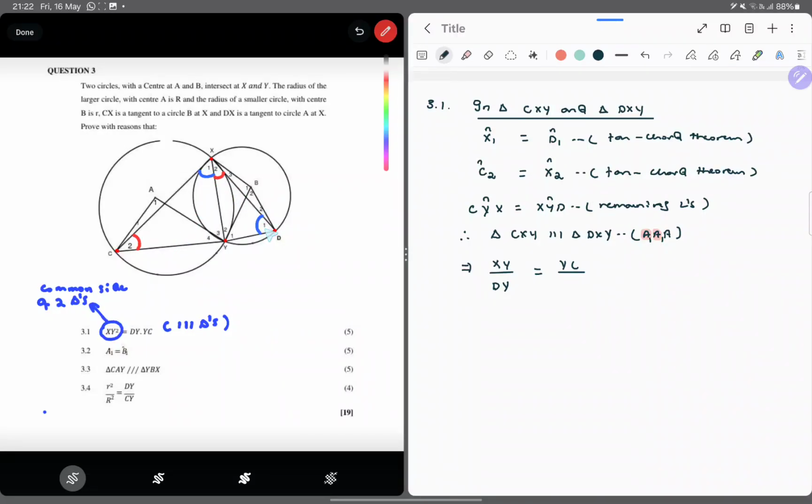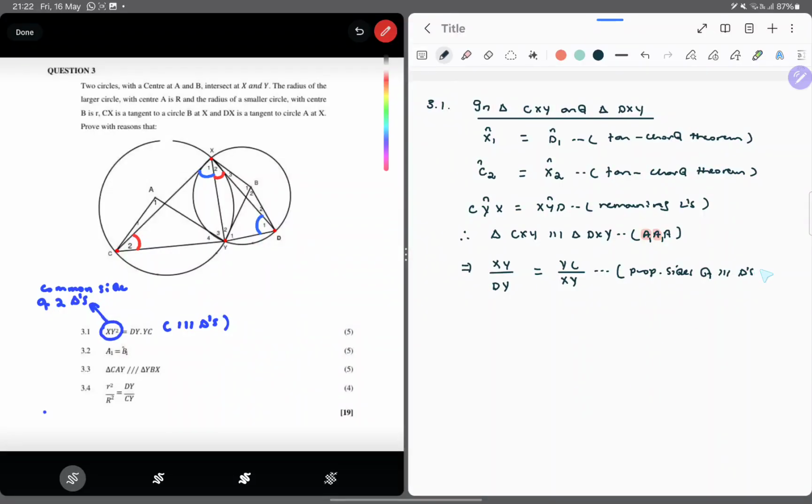X1 is equal to D1 on the other one, and D1 has this side XY opposite it. So we write that one XY. So for me, the naming becomes very easy for choosing the proportional sides, the sides that make a ratio which is equal to yet another ratio. Why? Because what makes up the ratio is literally the sides that are opposite the equal angles in the two triangles. So we can just say these are the proportional sides